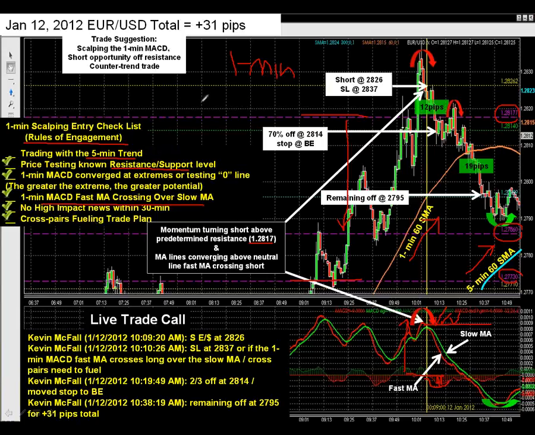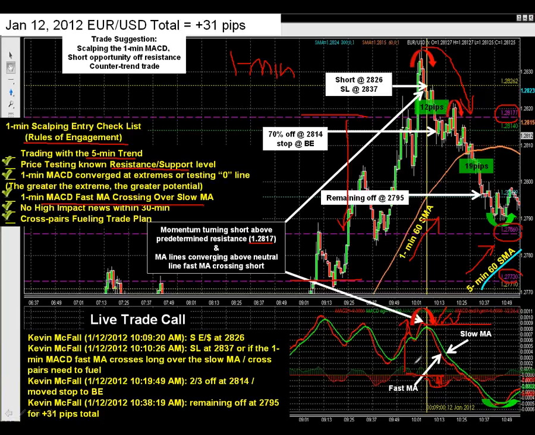Well, in this case it does, because we did have the dollar Swiss also at lower extremes, at a lower level on support and bouncing long, which would help fuel this euro dollar short, as well as the euro sterling shorting and the Aussie dollar shorting. All of those will fuel the euro dollar short. And cross pair analysis is something that I teach every day in every webinar. I do have a cross pair guide that will also be very helpful in understanding what pairs will help fuel your trade.